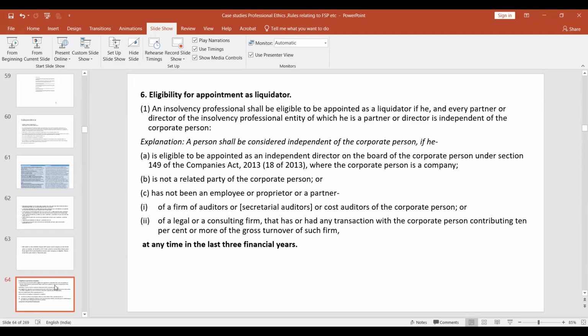एलिजिबिलिटी फॉर अपॉइंटमेंट एज लिक्विडेटर, ठीक है, वहां पर क्या है? इन केस ऑफ लिक्विडेशन इट इज 10% और मोर, इन केस ऑफ ए लीगल और कंसल्टिंग फर्म। बाकी तो कंडीशन सेम ही है। CIRP में 5% है और लिक्विडेशन में 10% है।